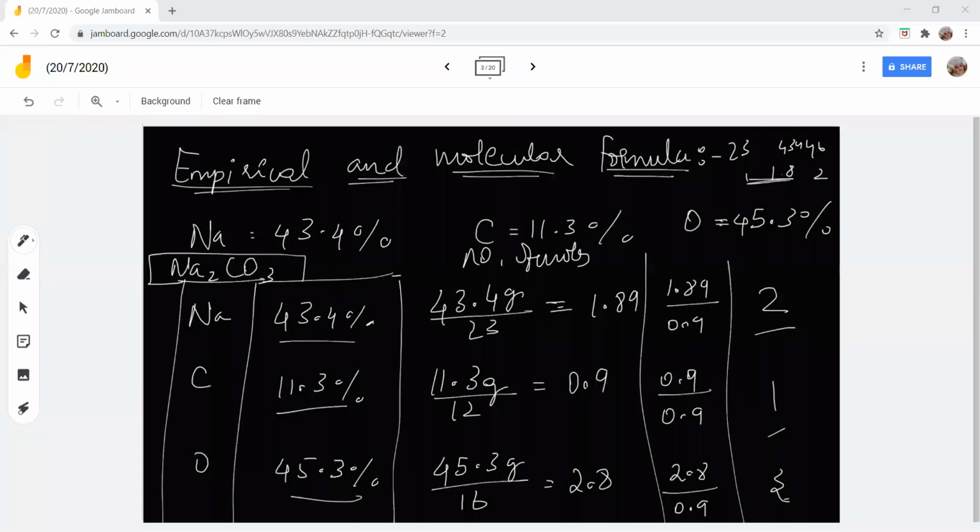You understand? Okay. But to find out the empirical formula, I need only the ratio, right? Yes, ma'am. So the ratio will be the same, we are only going to find the simplest ratio. So for that, I do not need the actual mass. If I just have the ratio between the number of moles present, I can easily find out the empirical formula. But molecular formula cannot be determined from this. You understand? Okay, ma'am. Thank you.